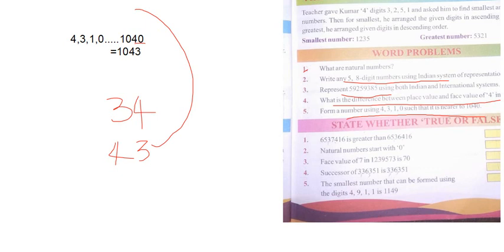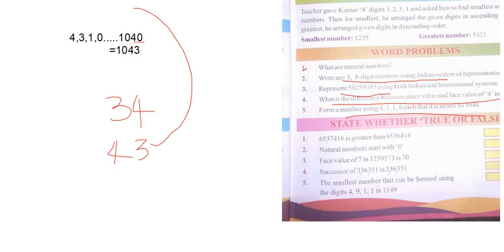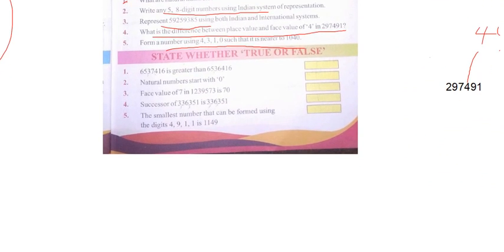Please copy the two digits. After that, what to do? Just write this number. Either I want to write 43 or 34. Now compare these two digits with what your given question. Compare with the given question. Out of 40, which one is nearer? Either 34 nearer or 43 nearer? 43. So the difference between 40 and 43 is 3, but 40 and 34 is 6. So I feel that this is the answer. 1043 is nearest for that. Now next is 2 or first. Now answer for this question.